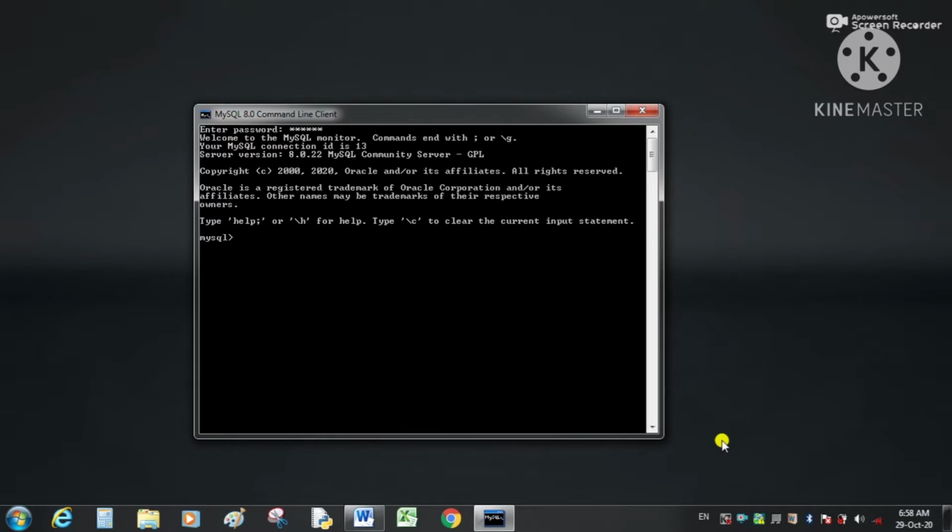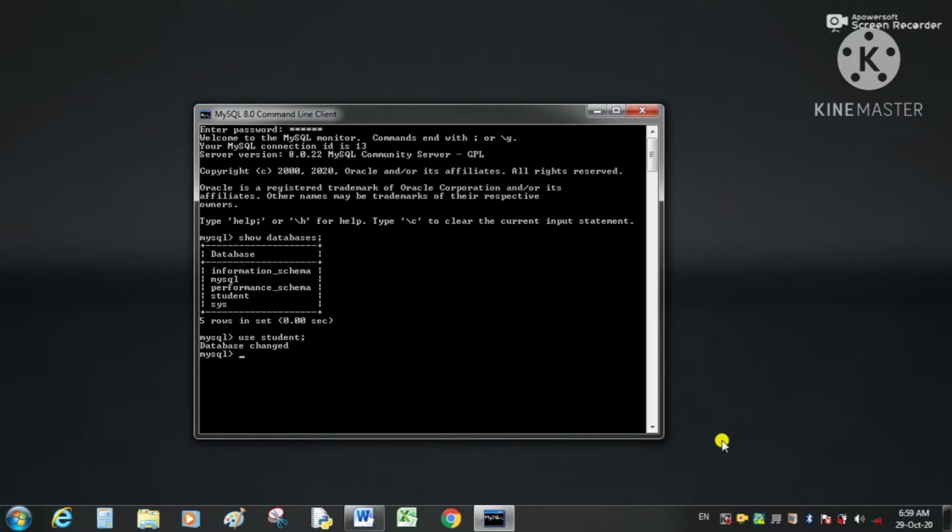First of all, we will see how many databases are there in MySQL. For this, show databases. Here, apart from the system databases, we have the student database, and to use it we will write use student.